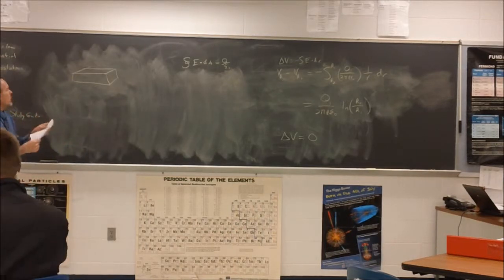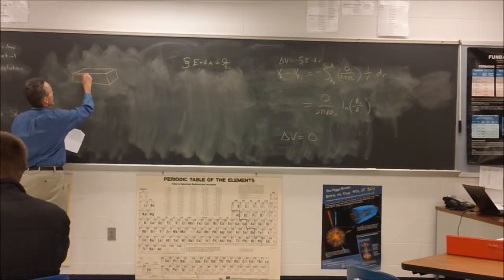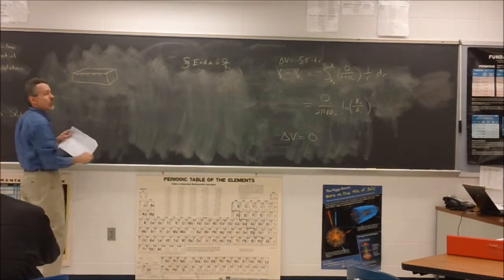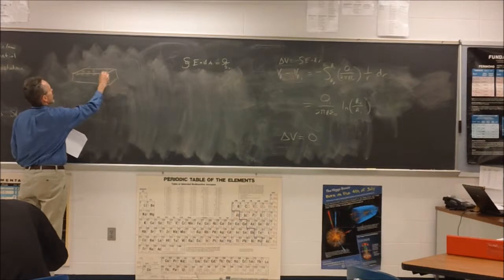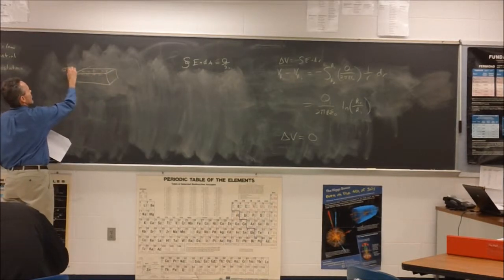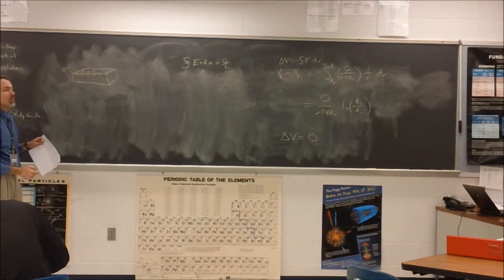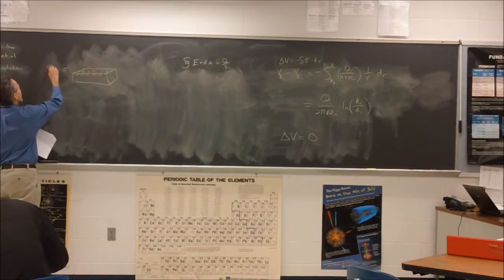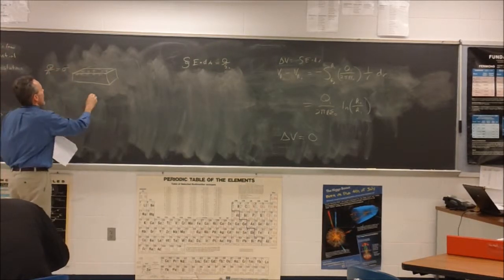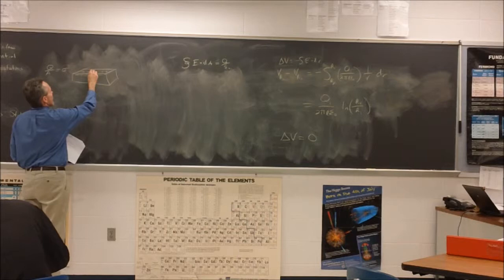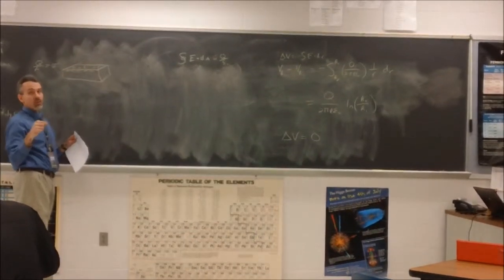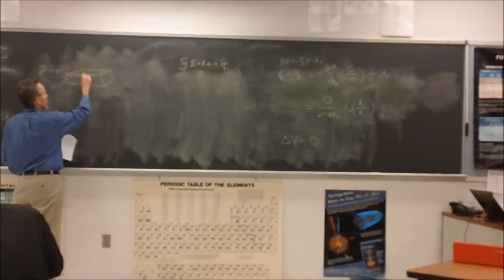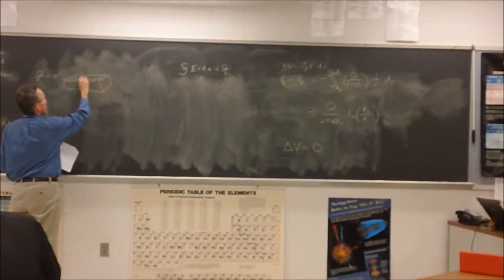Okay, I think it would make sense in this case where we have these charges here to say it has a charge per unit area, sigma, because it's an infinite plane. I'm going to draw a Gaussian surface in here. It could have any shape. I'm getting ready to draw a cylinder, but it doesn't have to be a cylinder. That's not really the important part. The important part is